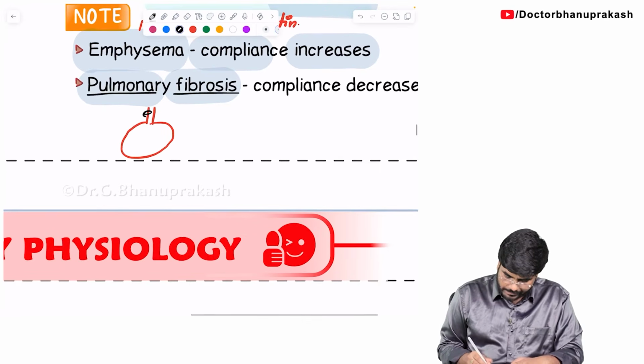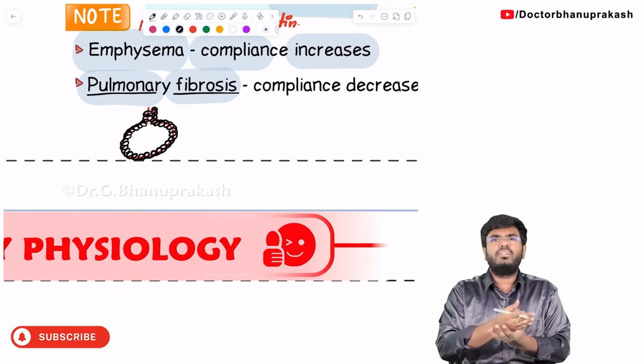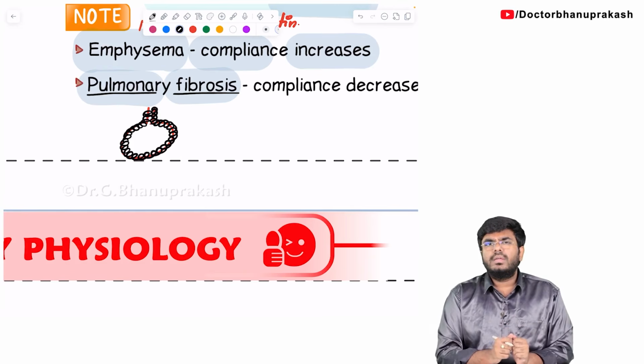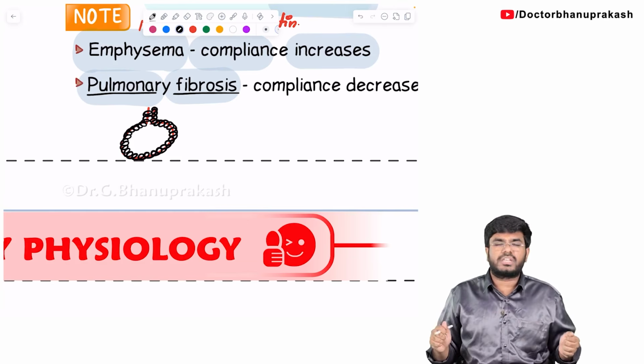Fibrosis. Your alveoli, for some reason, are becoming fibrotic, with more and more collagen fiber deposition and more elastin fiber deposition. The alveoli are getting fibrotic and stiff. Now tell me, do you think it is easy to stretch this alveolus? No, it is very hard now. It's a stiff lung, a fibrotic lung, and it is very hard to stretch.